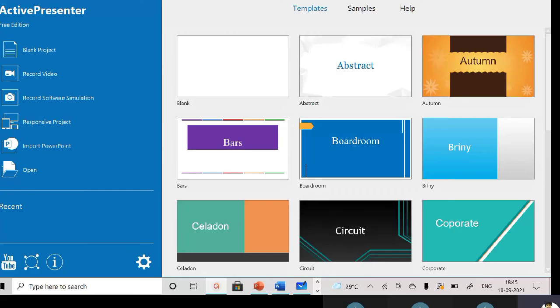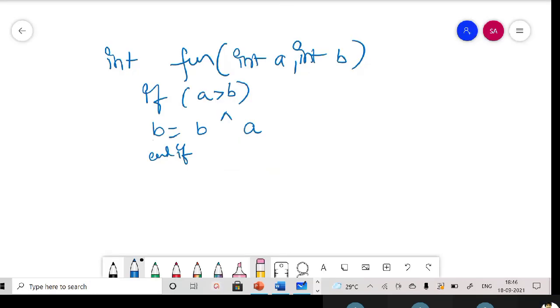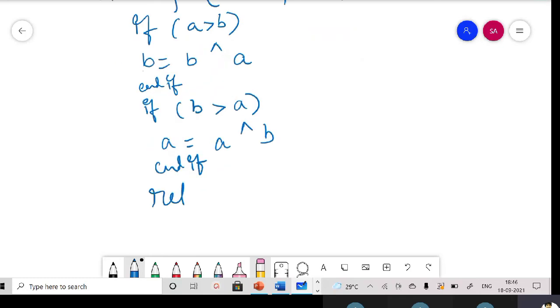And if b greater than a, we say that a equals a exclusive or with b, and this is the end of the if. Then we are saying return a plus b, and this is the end of the fun function.